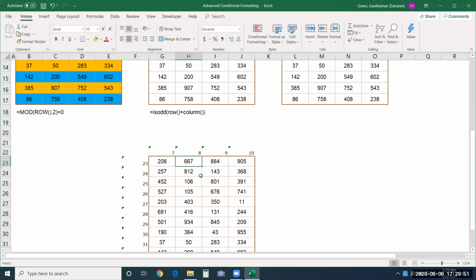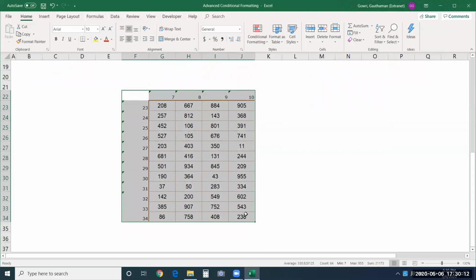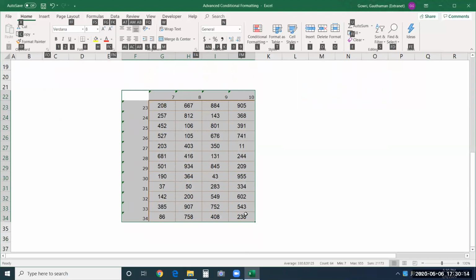Next cell, it will be 31, so this will be colored. Next cell, it will be 32. It is not odd, so this is not going to be colored. So likewise, you can see every alternate cell gets a different color using this logic. Now let me show you by applying it. I just wanted to show you how the logic is applied.